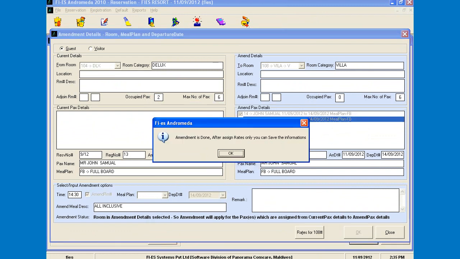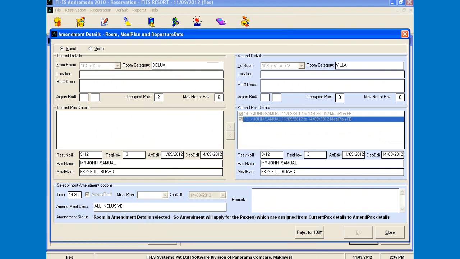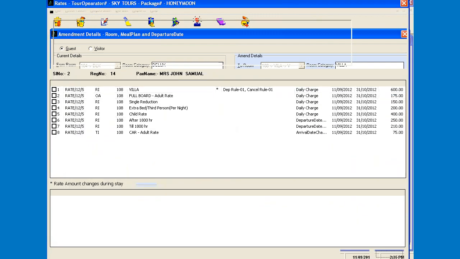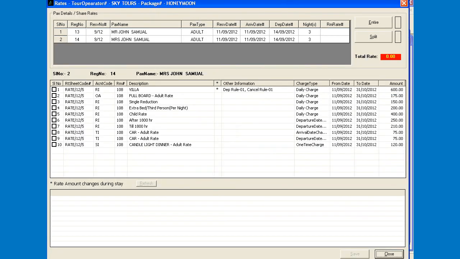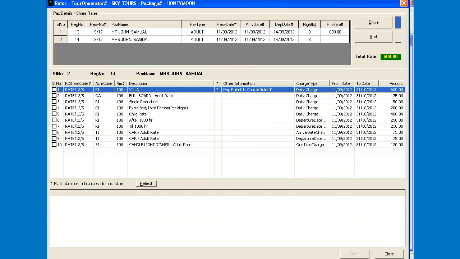Okay, amendment is done. After rate assignment only you can save the information. So we have done an upgradation, so that change in rate needs to be assigned properly using this button, rates for 108. You need to click on that button to load the rate assignment window again, and as we did for reservation, you need to assign the room rate.